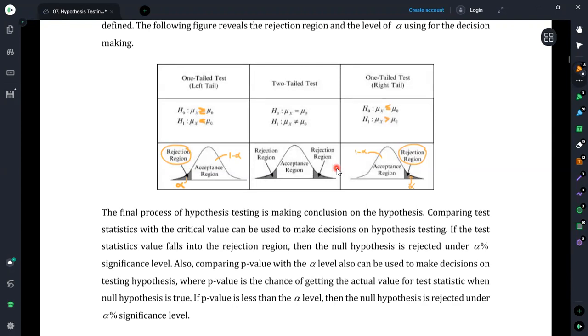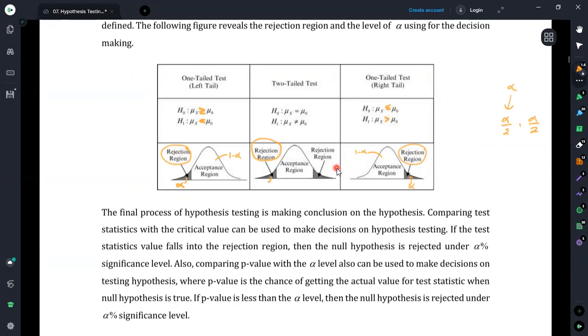Then the next type of test we are having is the two tails test. Suppose we are having a not equal sign in our hypothesis, then we may have two sides. If it is not equal to a particular value, it can be a value which is lesser than that value, or a value which is greater than that value. But altogether, the maximum probability of committing a type 1 error is alpha. Therefore, now we need to divide this alpha into two equal regions. That is why we are using alpha divided by 2.